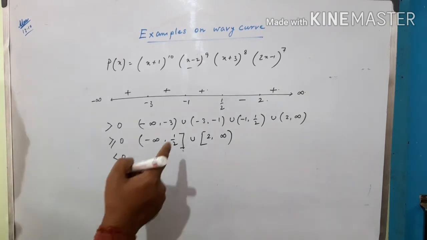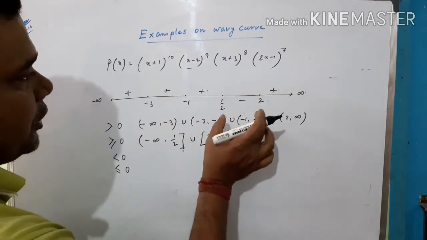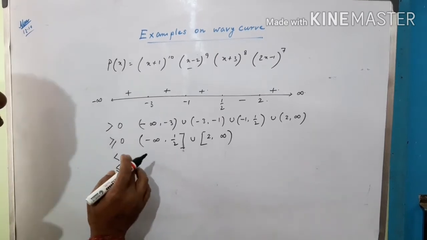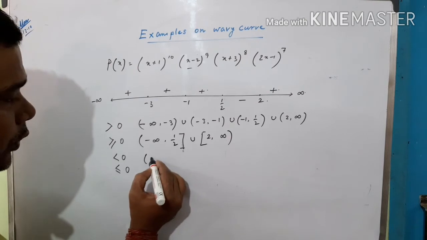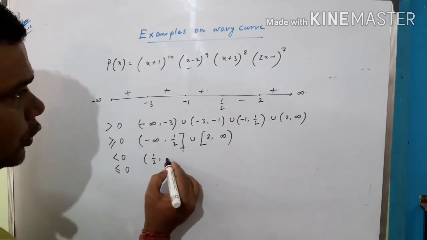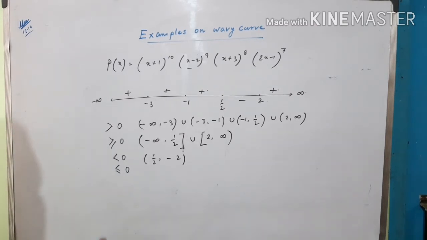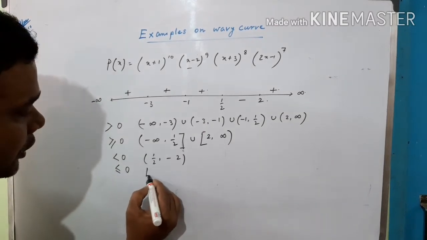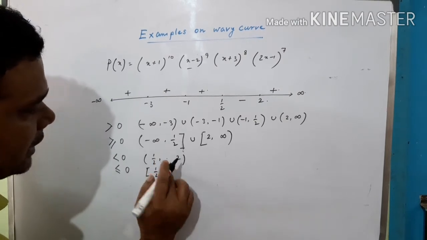Now you consider the value of the expression when it is negative. See that only one interval is there where it is negative, and since we are allowing less than 0, not less than or equal to 0, so we write like this: half to 2 is the interval in the real line where the value of the expression is negative, and if it is less than or equal to 0, we just include the values half and 2 and write like this.